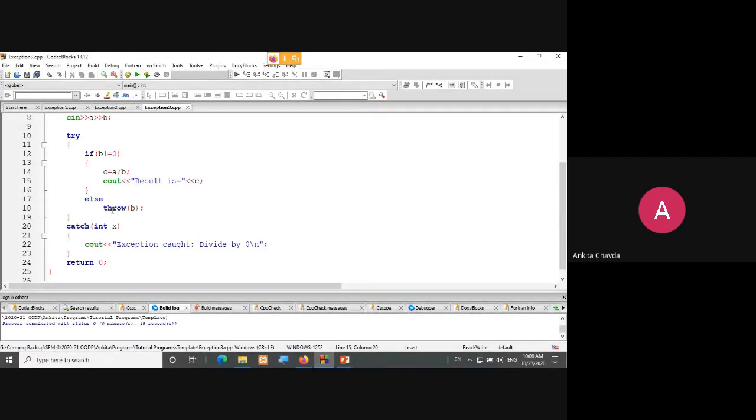In my try block, suppose I'm writing 3 or 4 lines, and I have a doubt in these 3 or 4 lines that it might be possible that such kind of error will be there, it might be possible the second kind of error will be there, or a third kind of error would be there. So I have three possibilities.